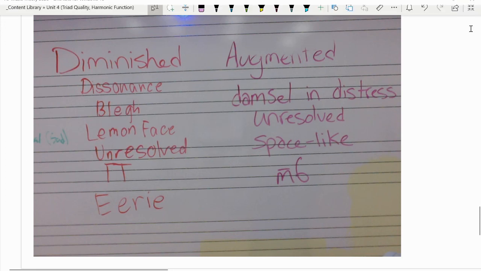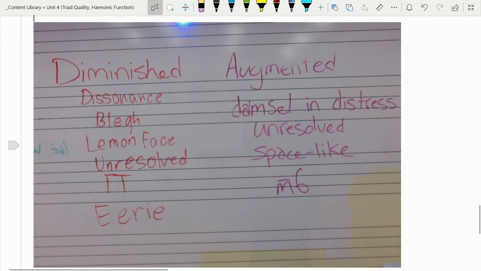So come up with your own list of things that these triads remind you of, and try to train your ear to hear the differences of the diminished dissonance of these minor thirds versus the major thirds, creating that augmented